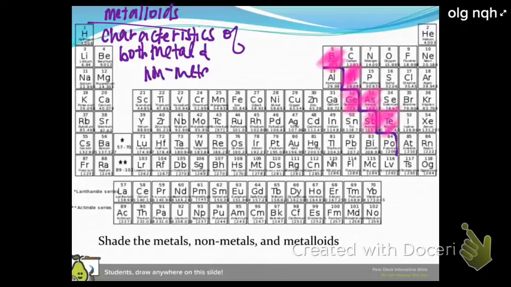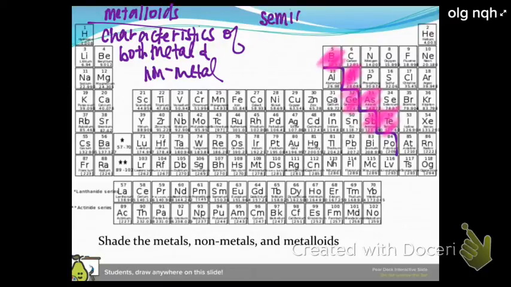Okay, they have characteristics of both metals and nonmetals. That's really all I need you to know about that, right? These guys right here, I know it's kind of hard to see. Some of them are solids. Actually, all of them are solids at room temp. Some of them are really brittle. Some of them are shiny. Some are not, right? They just behave in that way. Some of them look like metals. Some of them don't. The only thing that you need to know extra about that is that they are called